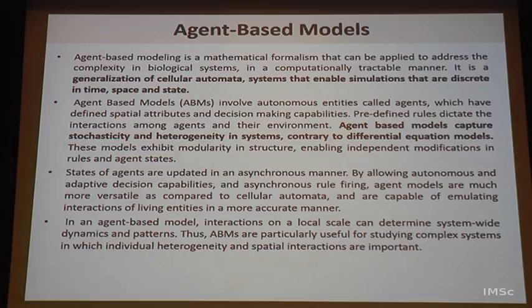So these involve autonomous entities called agents. Each agent can talk to other agents based on a set of rules that you define. They have defined spatial attributes. You can have agents with a tag of a spatial location at a given point in time, and, for example, in a host cell you can have agents across compartments. You can have an endosome, a phagosome, mitochondria, Golgi, all of these various compartments, and the bacterium itself can be another agent.